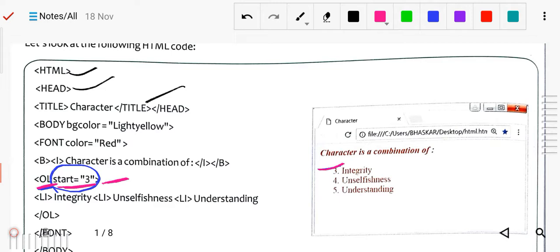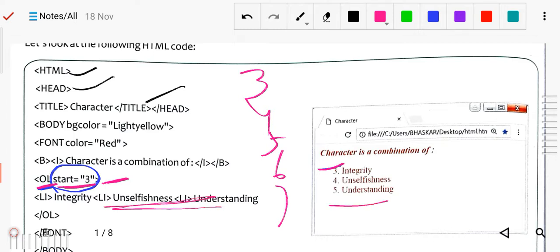So it will start from 3 4 5 6 7, however many list items there are, and will go on.